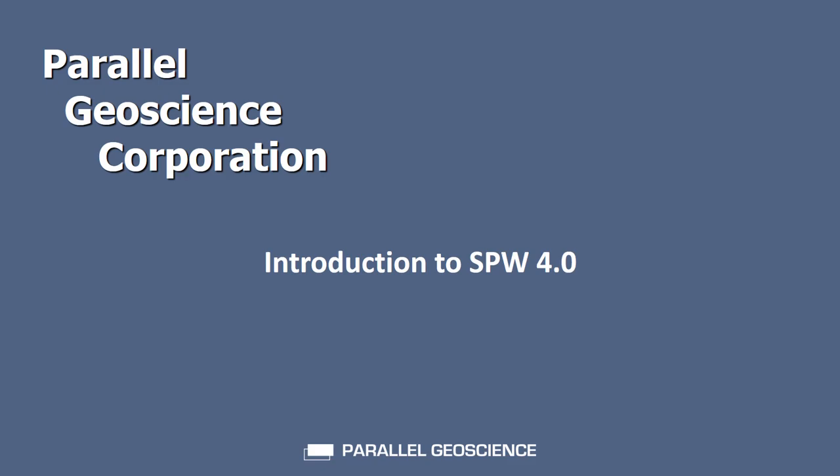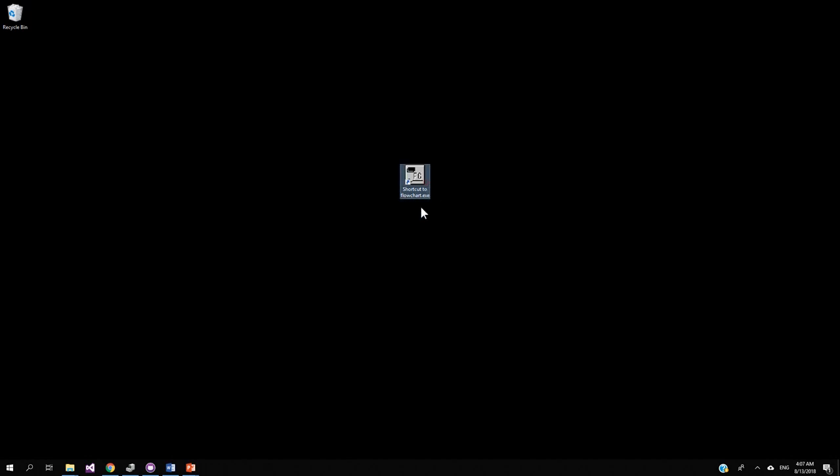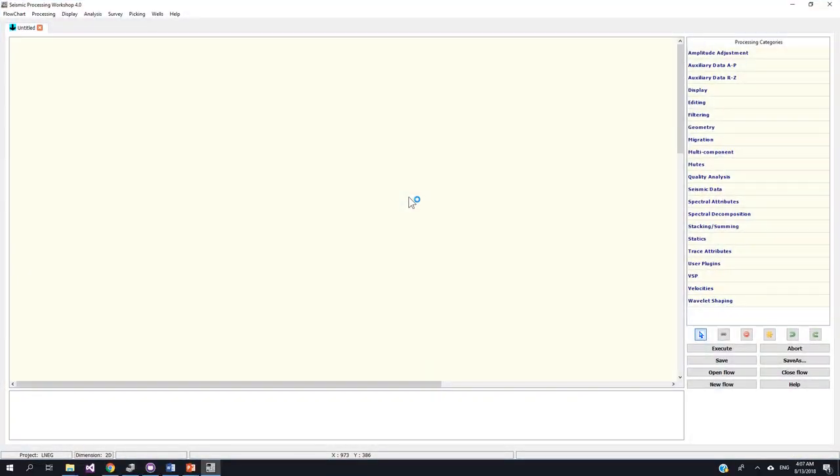Welcome to an introductory tutorial on SPW 4.0. We start by double-clicking the icon of a flowchart, and when I hit the icon, this is what we get. Flowchart is an application where you can build your processing sequences, commonly designated as flows, and has a tabbed interface